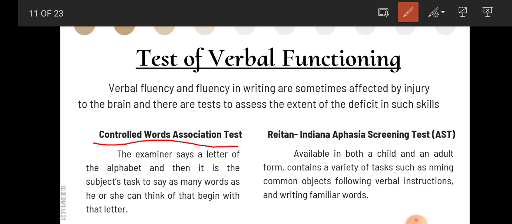Each of the three trials employs a different letter. So the first trial is, for example, K: Korea, kite, like that. The second trial, we have Z. There are many words with Z: zebra, Zion, zinc, like that. So the third is